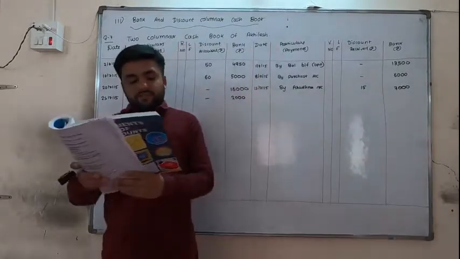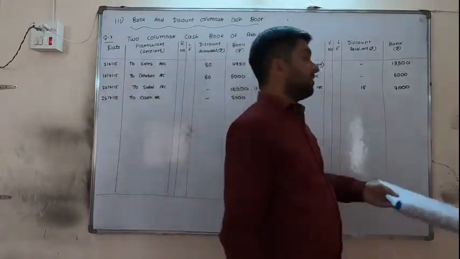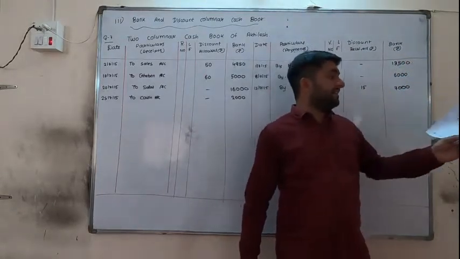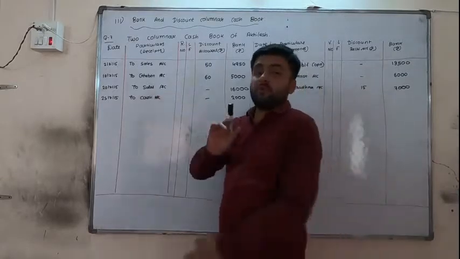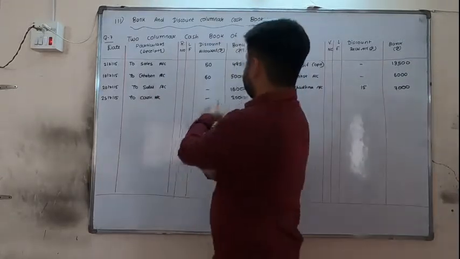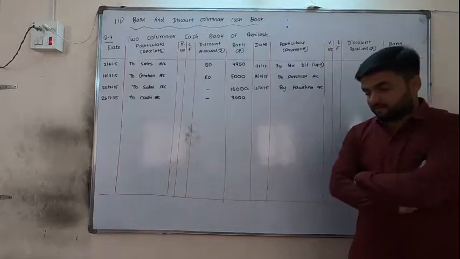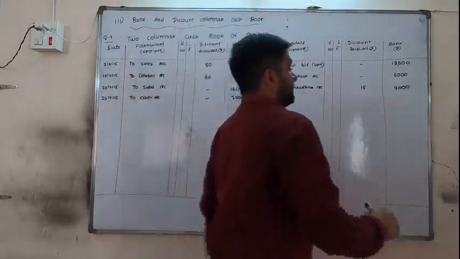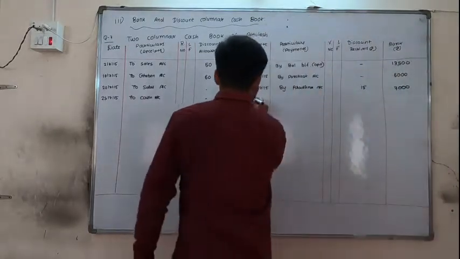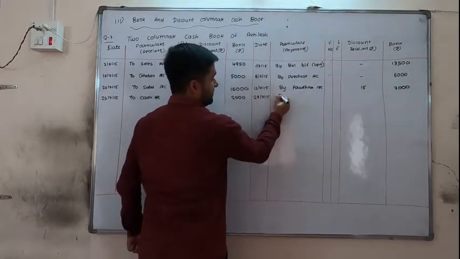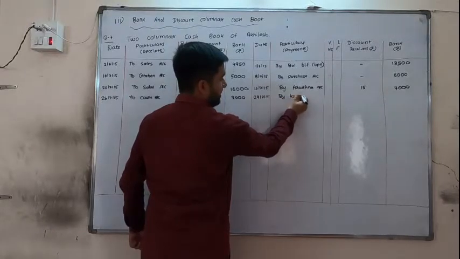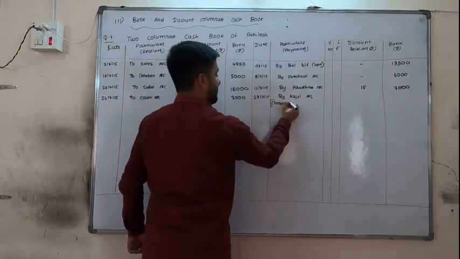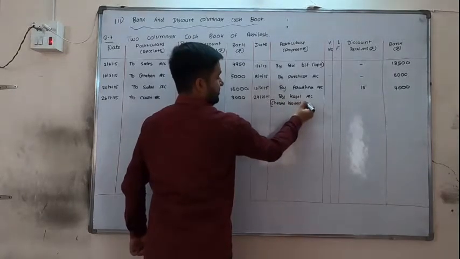Next, check issued by Kajol is dishonored. Now, on the 20th date, we have sold the goods to Kajol, and she has given us the check of rupees 16,000. Now the same check has been dishonored, so give the opposite entry, and the date will be 29. So 29/7/15 by Kajol account. In brackets we will mention check issued by her